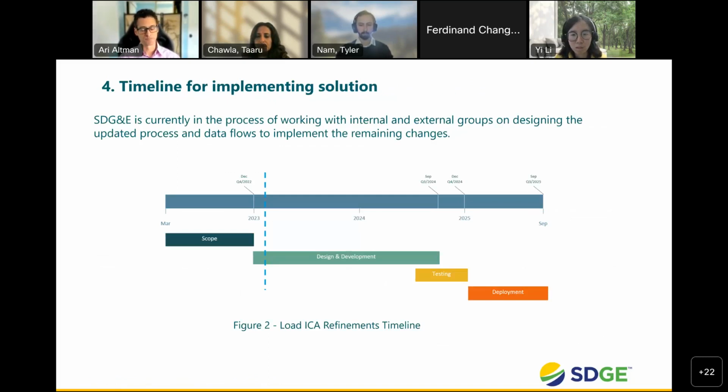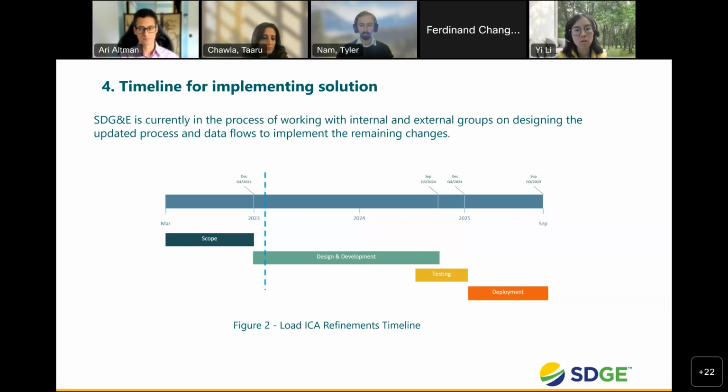Sure. Thanks, Harry. The timeline is really developed based on the amount of work that needs to happen. As I described earlier, the level of work happens on multiple layers. We have to change the downstream model that feeds into load ICA. We also have to change how load ICA constructs and uses the model to come up with the analysis. And lastly, we have to change how load ICA publishes the data on top of GIS, because we have to match the segment to make sure the data is properly represented in our data portal so